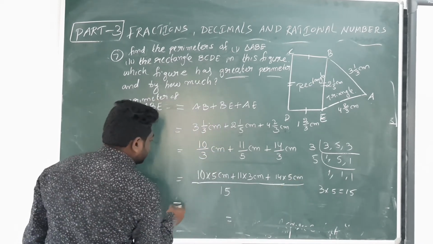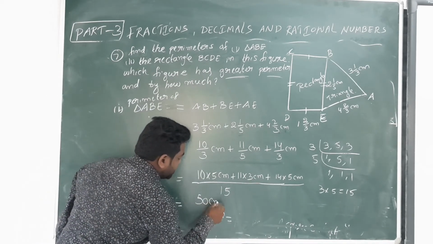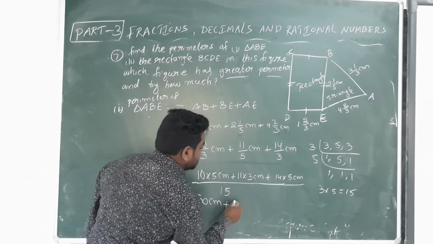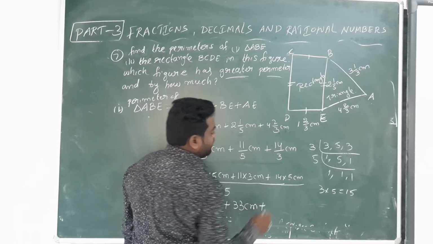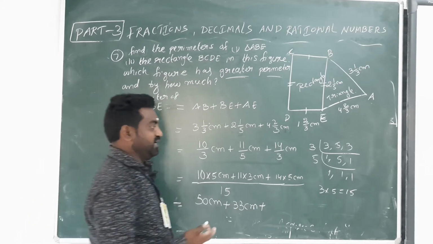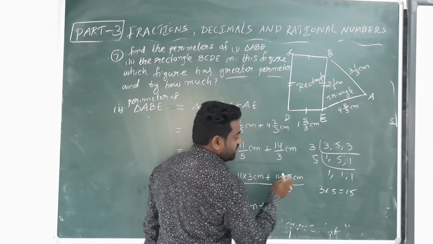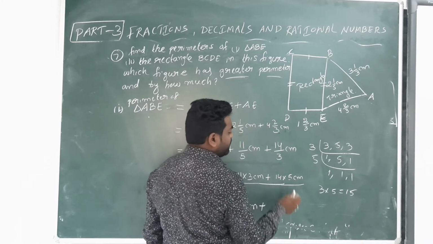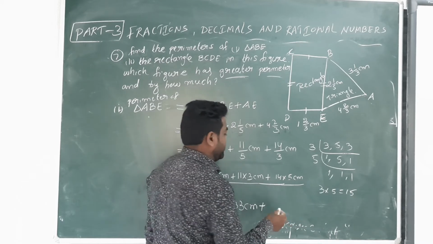That is 10 5s are 50 centimeters plus 11 3s are 33 centimeters plus 14 5s: 10 5s are 50, 4 5s are 20. So we add 50 and 20, 70